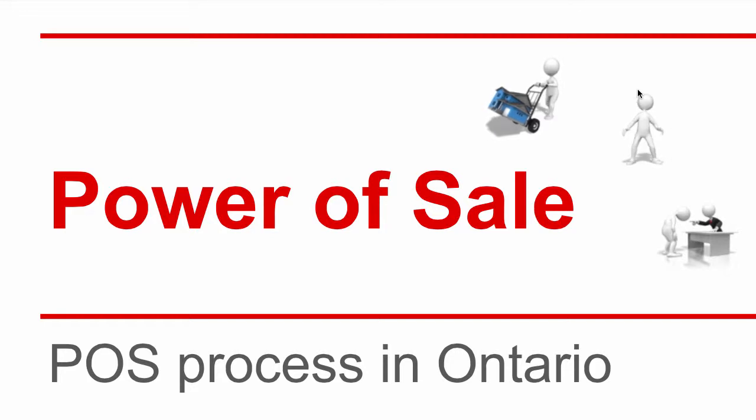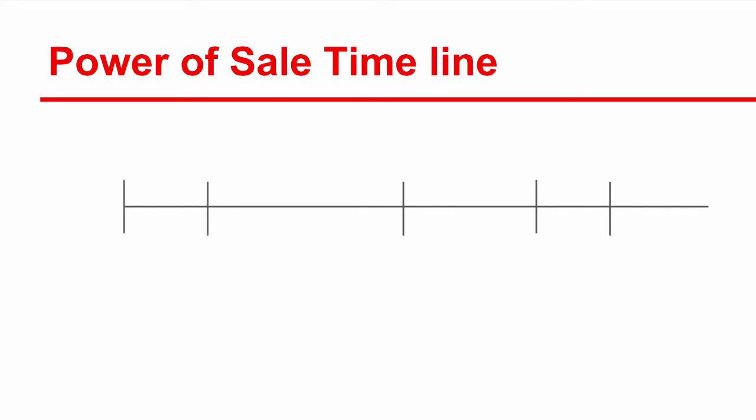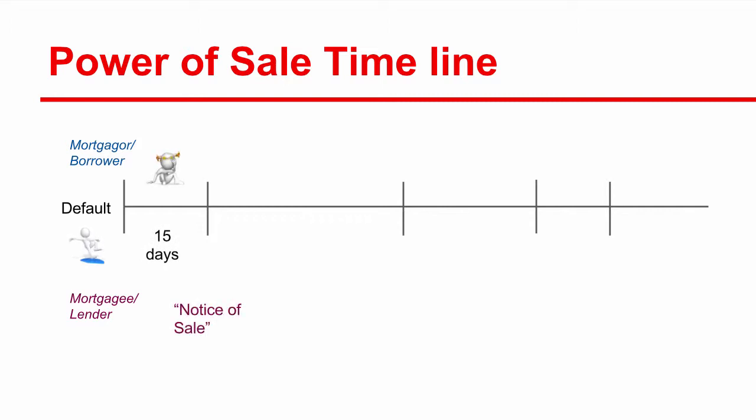Power of sale. The process for power of sale in Ontario is quite simple. Let's take a look at the timeline. This will tell us a lot more about how it works. When a borrower defaults, usually 15 days after the default, the mortgage holder has the right to send out a